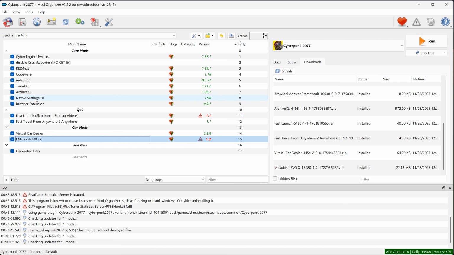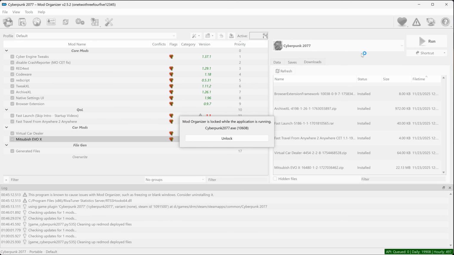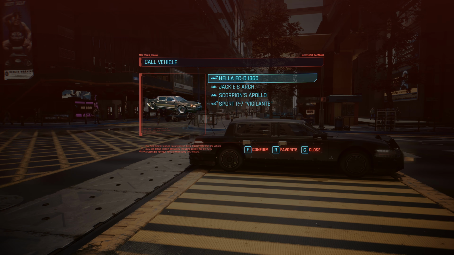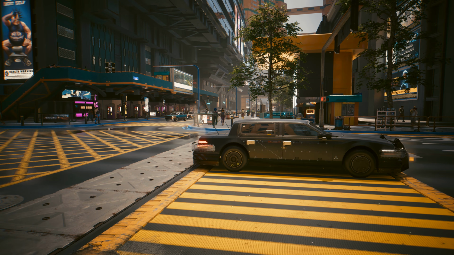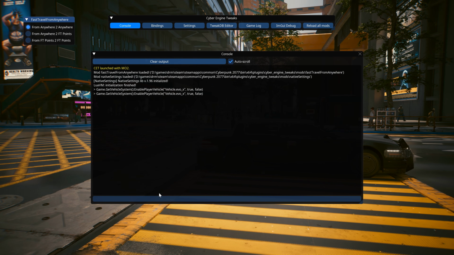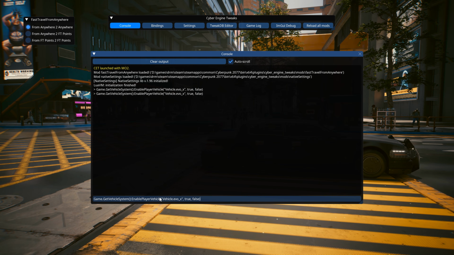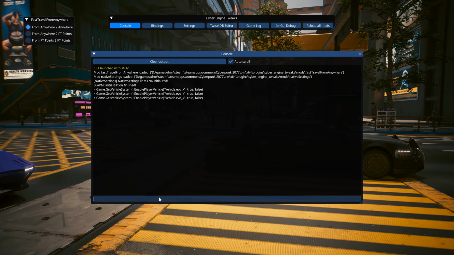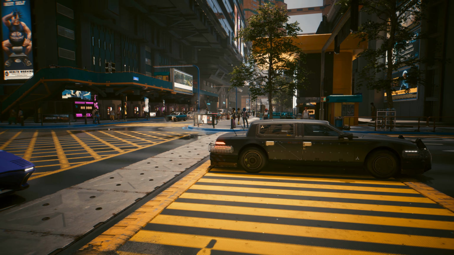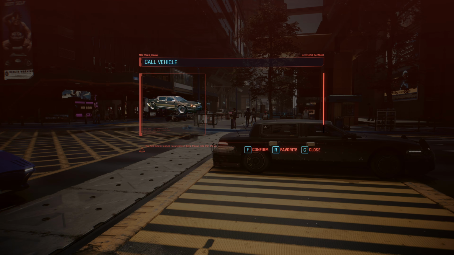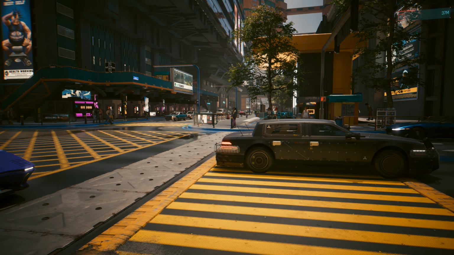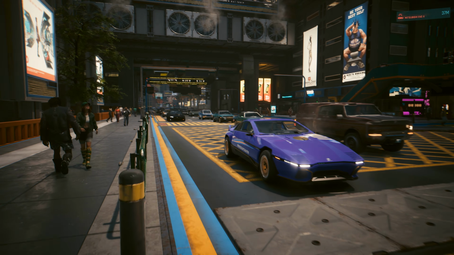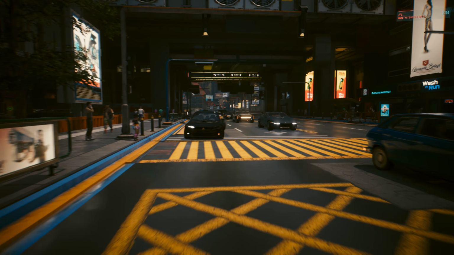Now that we have all of these mods installed, we can run the game and make sure our car mods are working. As we boot up the game, you can see that I do not have the Evo installed, so we need to open CyberEngine Tweaks, click the console, and paste the code that we just copied. Once we hit enter and go back to our cars, you can see that it has now been added. If I call it, it appears just like any other car would,